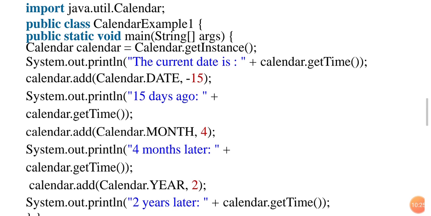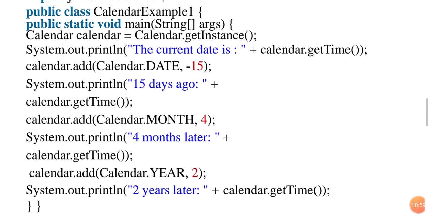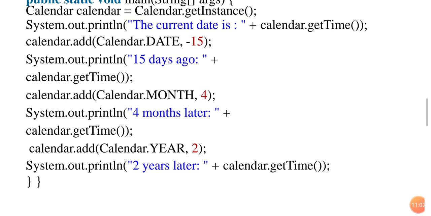Now here we are trying to print that one. Current date means System.out.println calendar.getTime. Through that object we are invoking the predefined method getTime. getTime will give the exact date and time. So next one, calendar add. Calendar.DATE, minus 15, means whatever the date we are trying to add and print, that one is 15 days ago. It checks and gives the 15 days ago date correctly, so that we are printing. Next one is we are adding to the particular object month 4, 4 months later, that we are getting. So next one, calendar year, 2 years later. 2 years later, here we are getting that one.